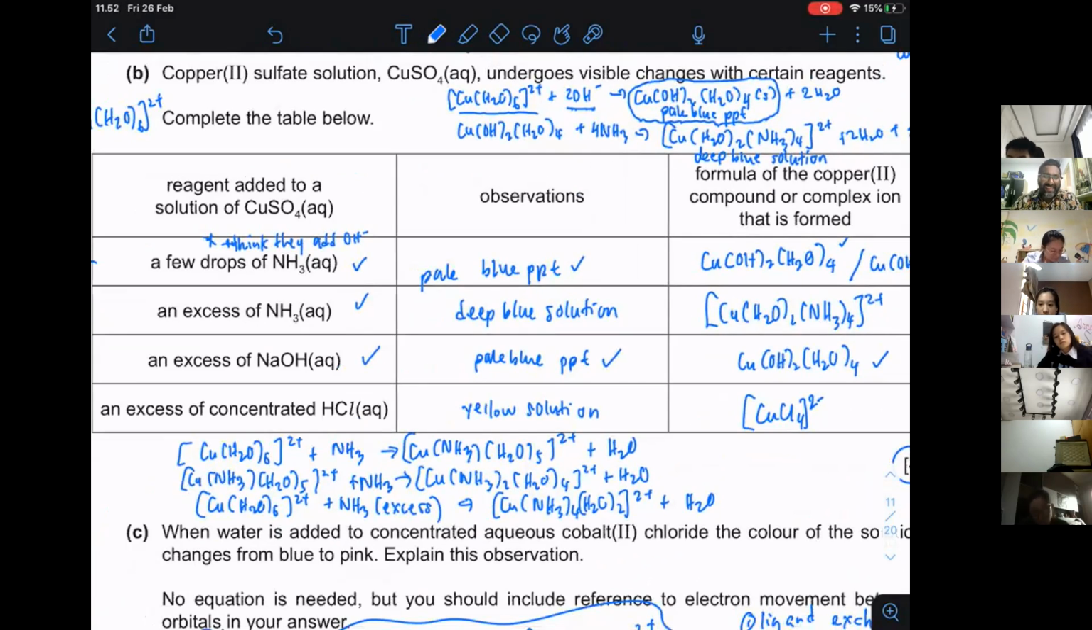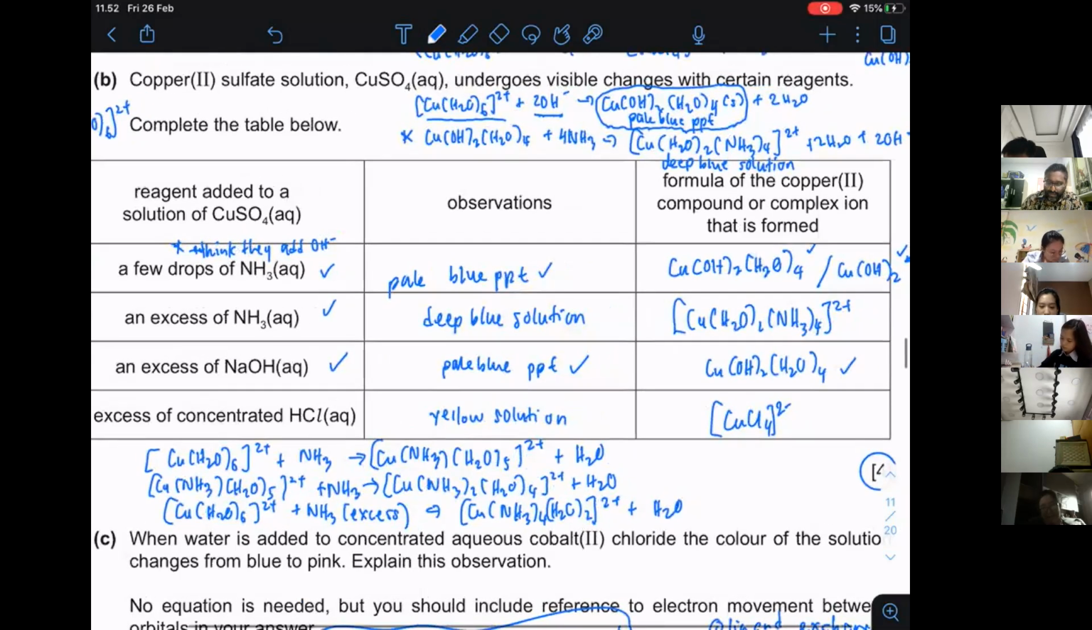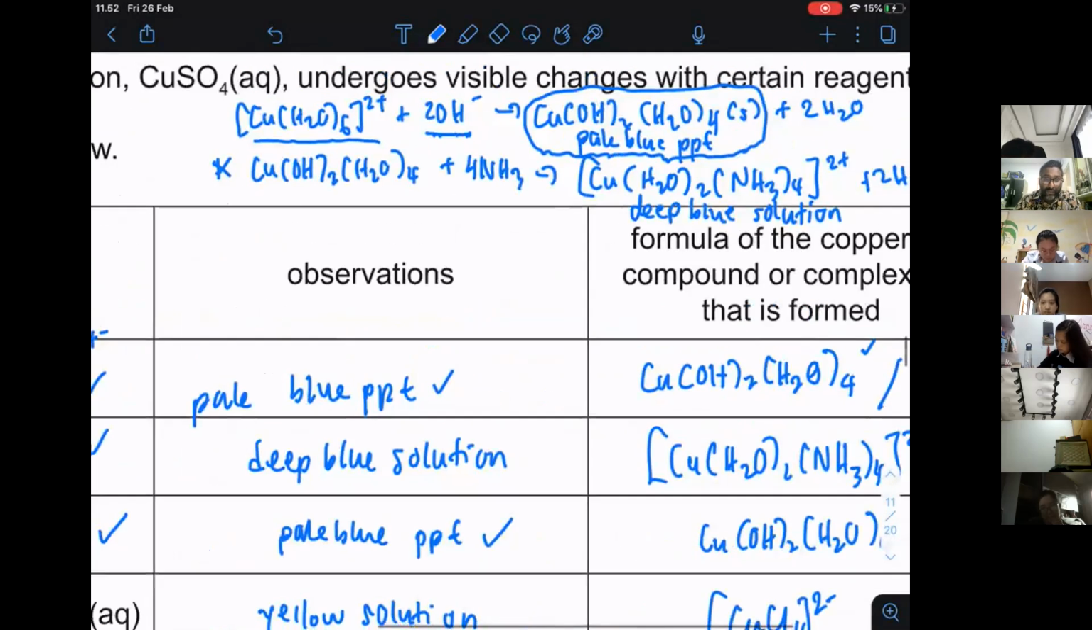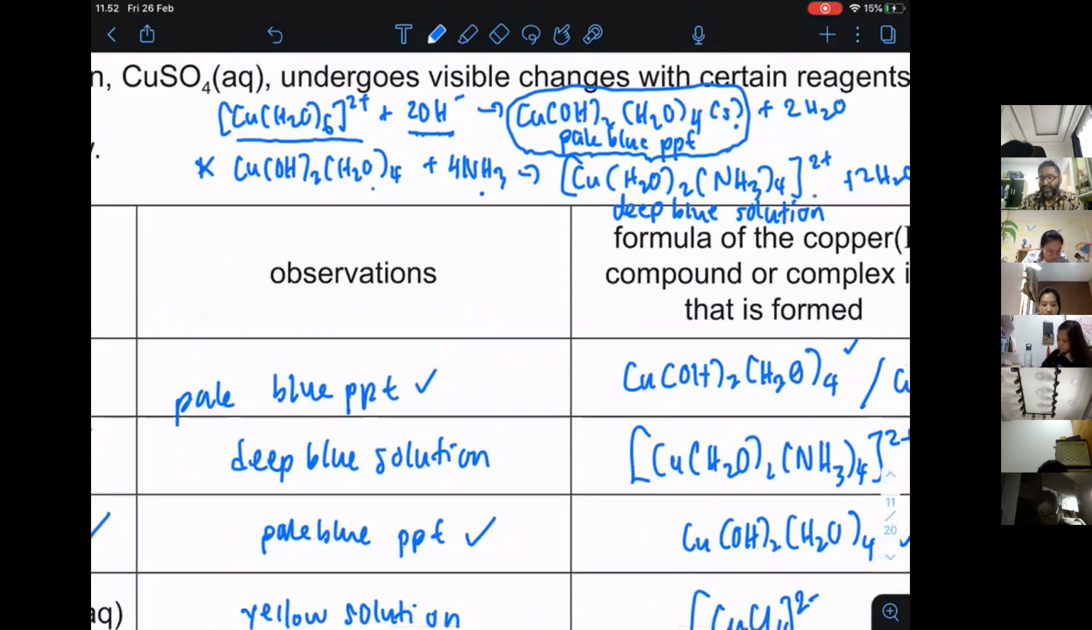Now, if you add excess ammonia, in your textbook you will see this. When you have the hydroxide, sodium hydroxide, and you get this solid, when you add ammonia you are going to get a deep blue solution. But be careful, you are starting with this. So the reaction is almost the same, but when they ask you to write the equation, it means that you are replacing